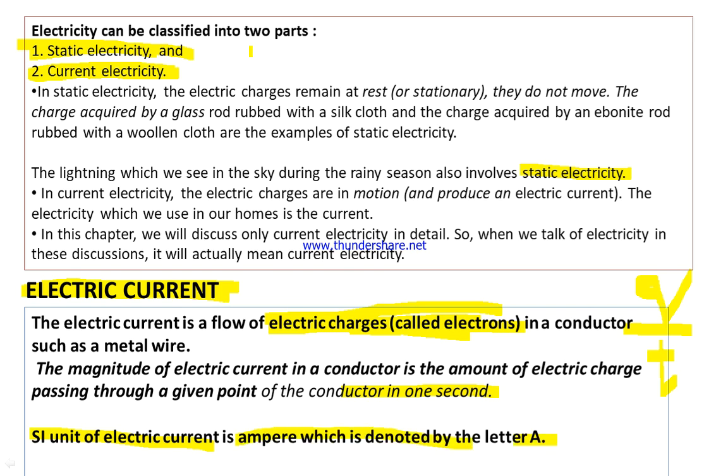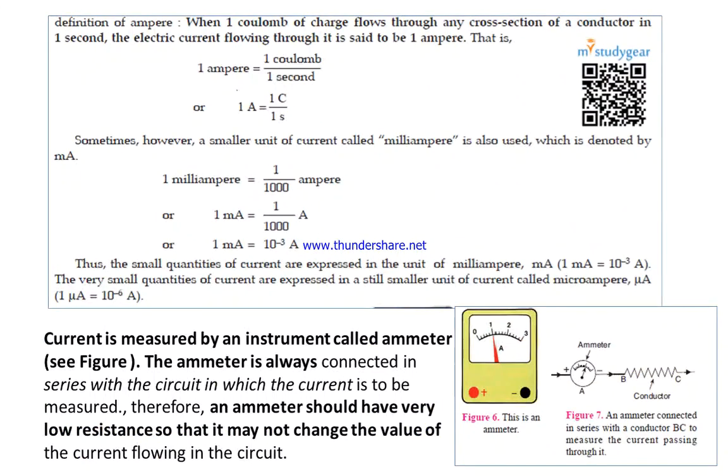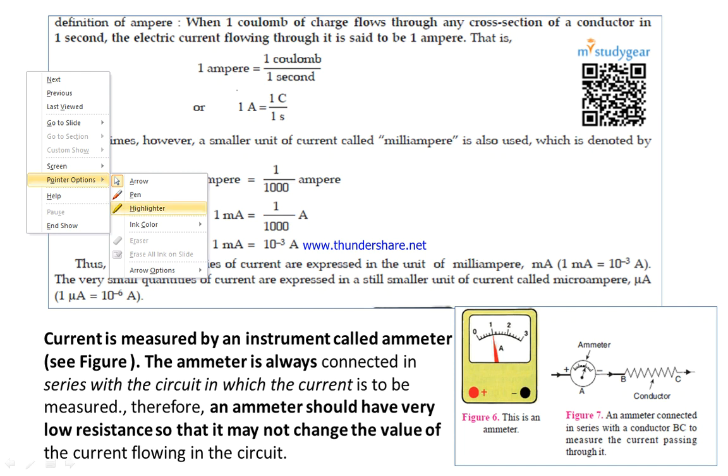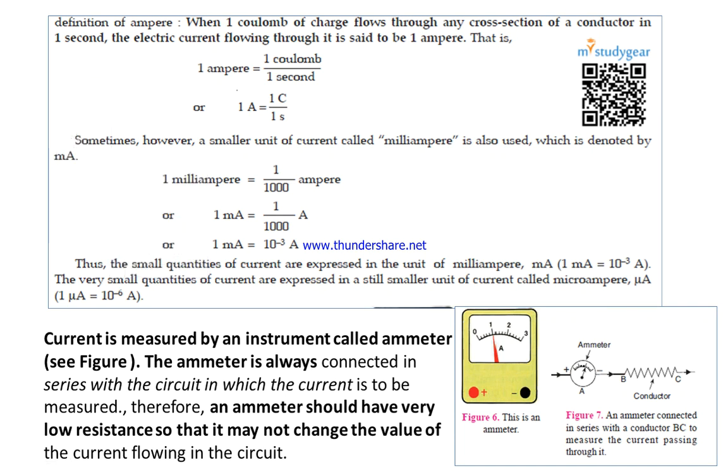Now here we can see the charge has a unit of coulomb and time has a unit of second. So we can say coulomb upon second, but that is only a part of the representation. When we ask about the unit, then the unit is only the ampere, not coulomb per second. So this is again the definition of the ampere in the form of ratios.